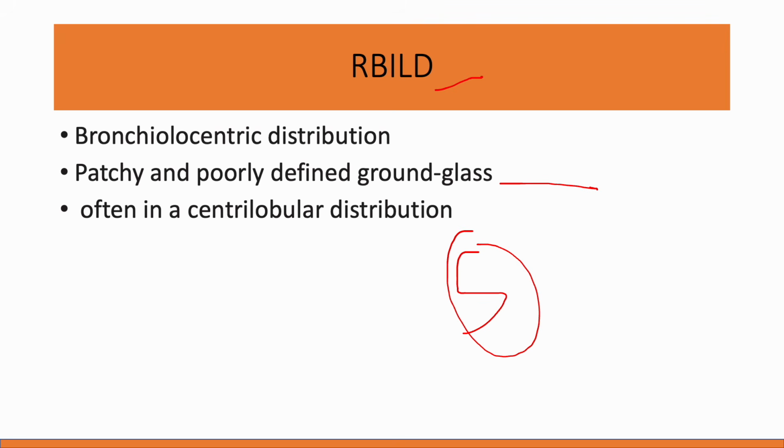So, in patients who are smokers with this pattern, it will be labeled as respiratory bronchiolitis. And when there is interstitial fibrosis associated, it will be labeled as respiratory bronchiolitis associated ILD. And in such cases, there may be coexisting emphysema, and then it will be called AEF, or airspace enlargement with fibrosis, histopathologically. So, respiratory bronchiolitis associated ILD, RBILD with fibrosis, smoking related interstitial fibrosis, there can be multiple